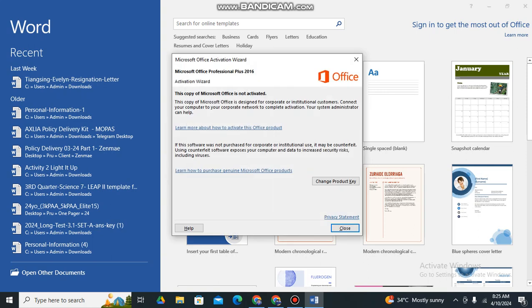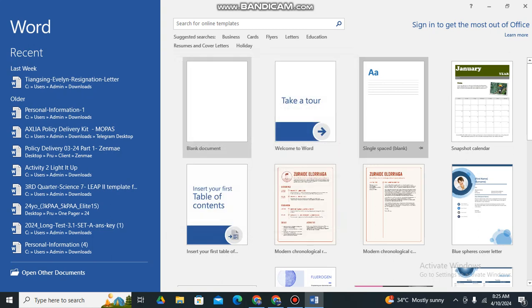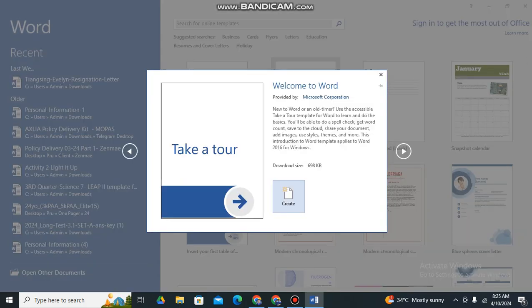Now, once you've opened Microsoft Word, you'll be greeted with the Word interface. Let's take a quick tour. You can open it, this one.